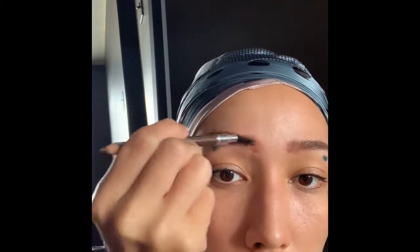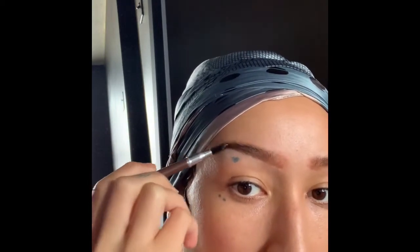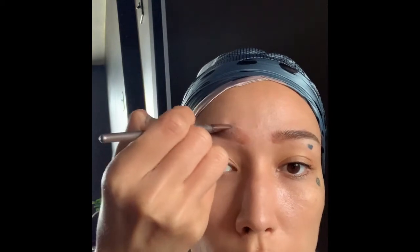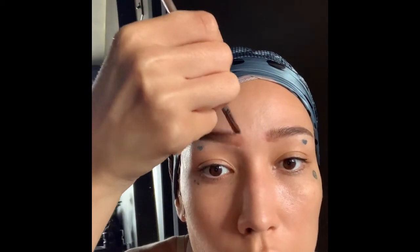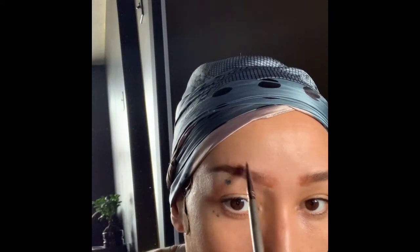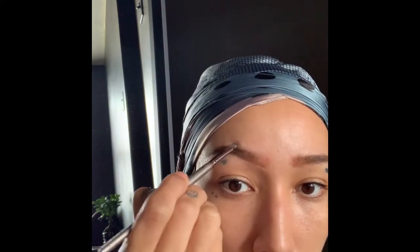Concealed a little too much. And then my idea for doing my makeup is to make it look like I don't have on makeup as much as I possibly can. So I really try not to do too much. I try not to make anything look a little too defined, because I also have really strong facial features that can look super masculine super quick. So I just try to keep my makeup as soft as I can,